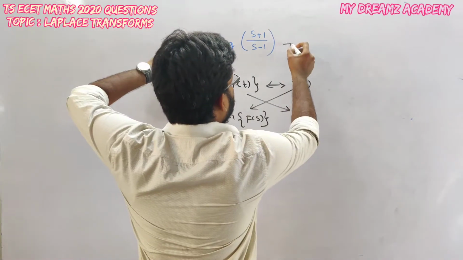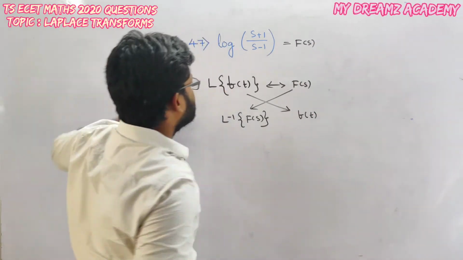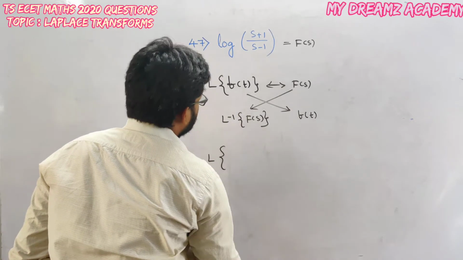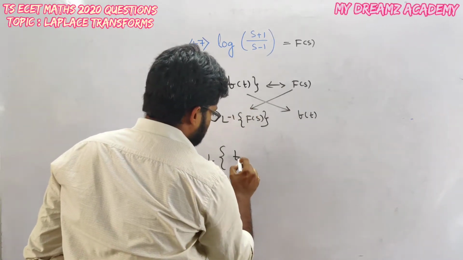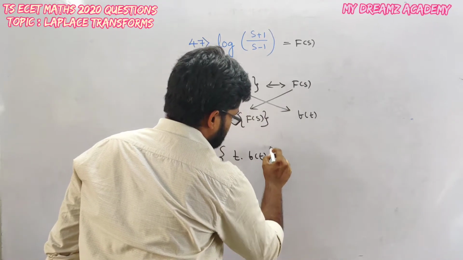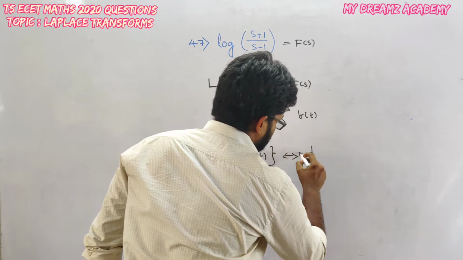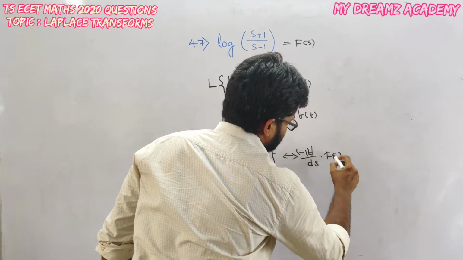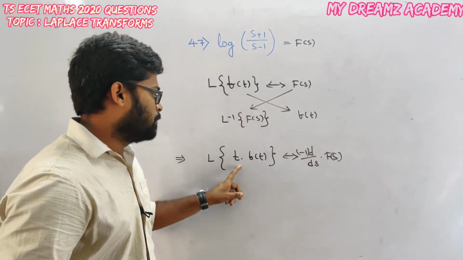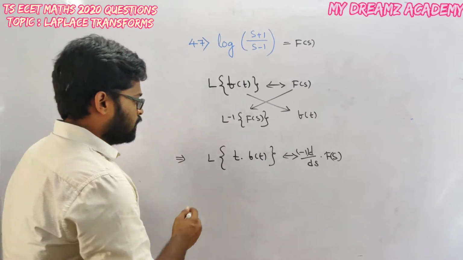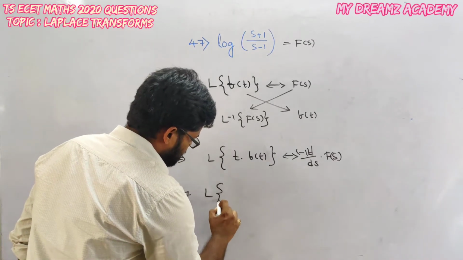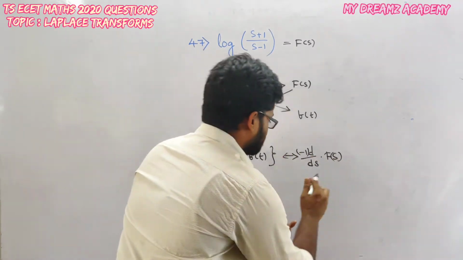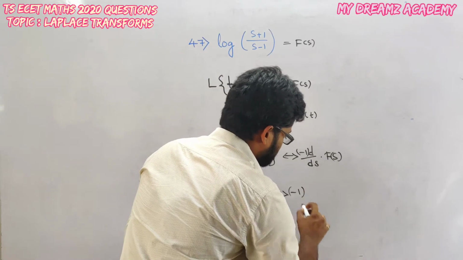Okay. Now see, this is F of s. If I multiply with t to the power n in f of t, what happens in this case? The Laplace transform of t to the power n f of t will become minus 1 power n, d by ds of F of s. This is also correct. This is the property of multiplying with t. Then Laplace transform of t into f of t, you keep the left side term as it is, in the right side term do the differentiation and multiply with minus 1.